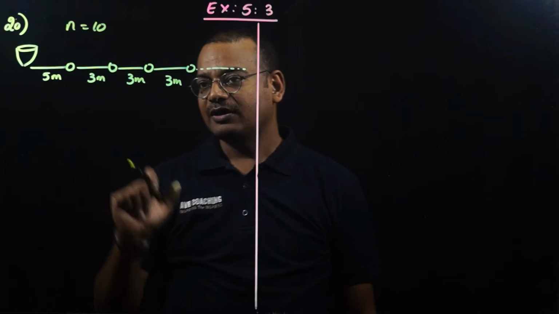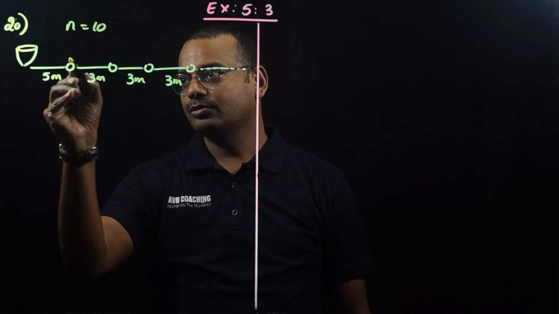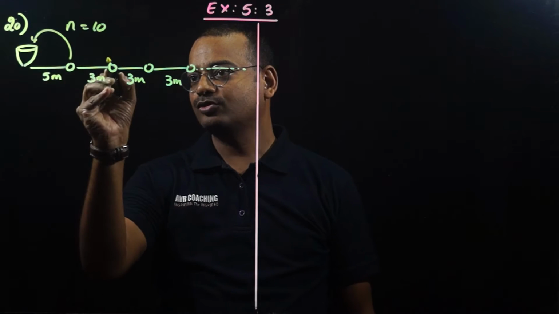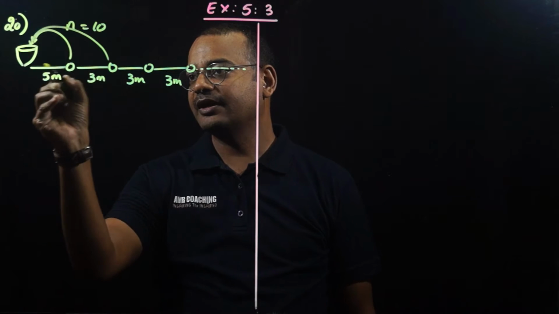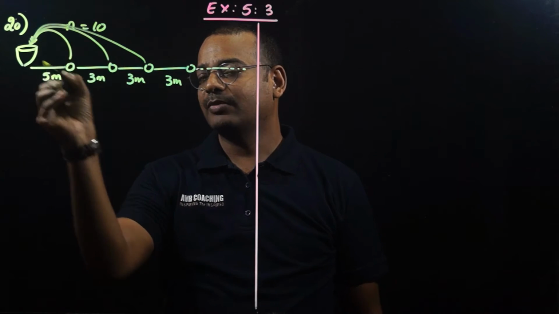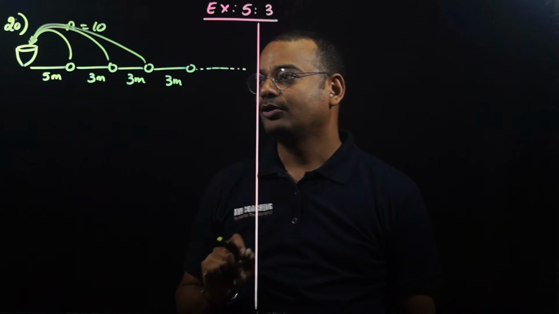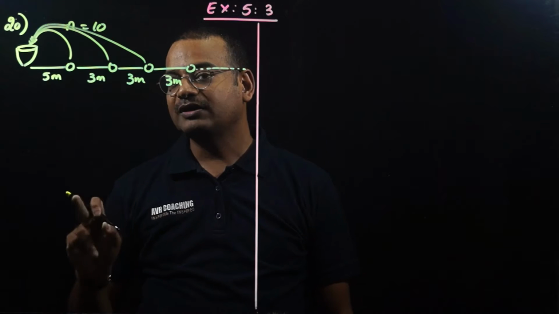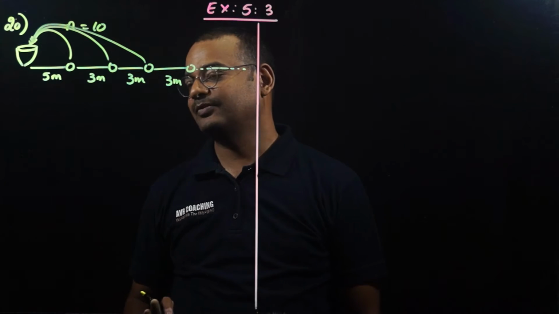Now what the participant has to do, he has to pick up the potato, drop it into the bucket, go to the second potato, pick up the second potato, drop it into the bucket, again come to the third potato, take it and drop it into the bucket till all the 10 potatoes are complete. Now we have to find the total distance traveled by the participant.